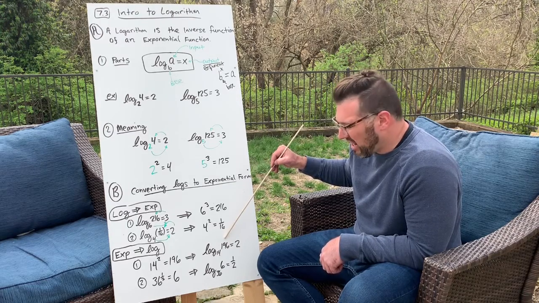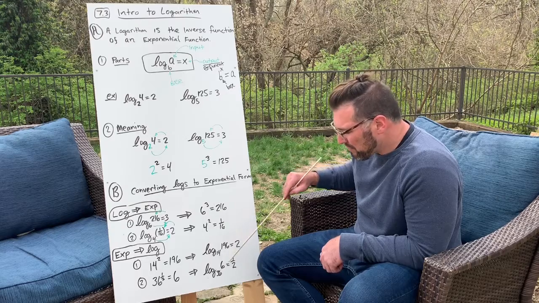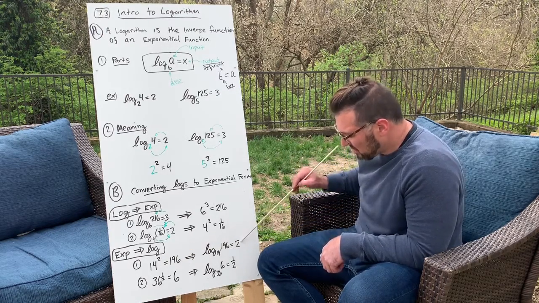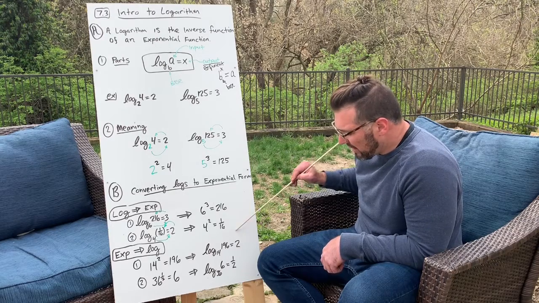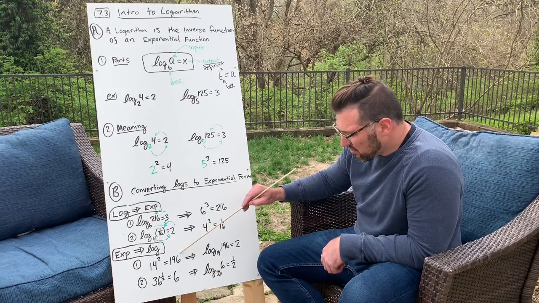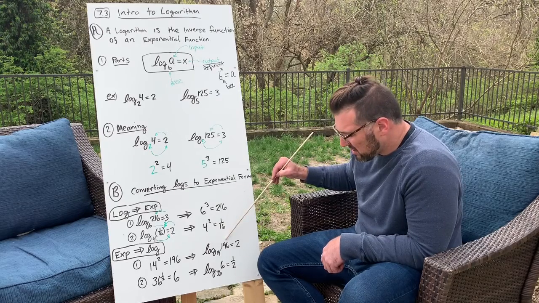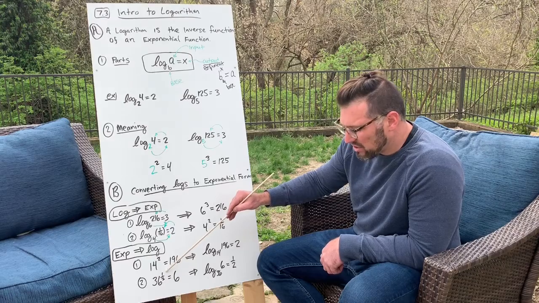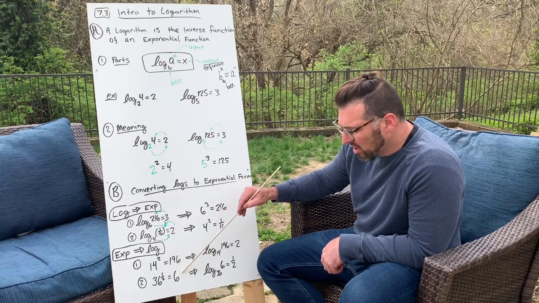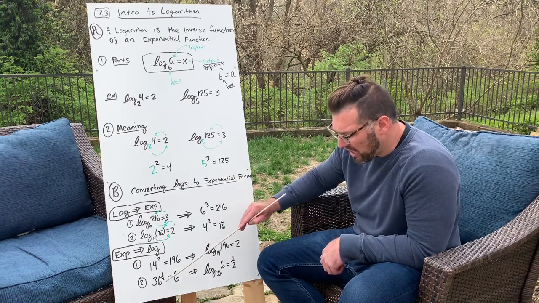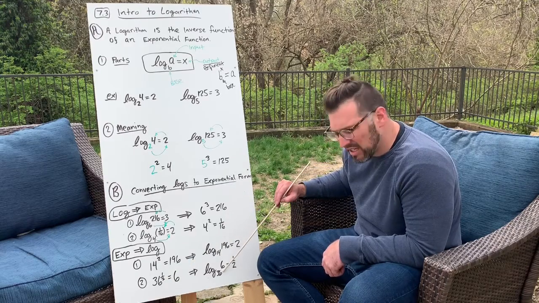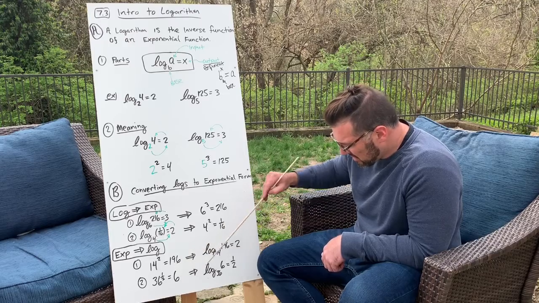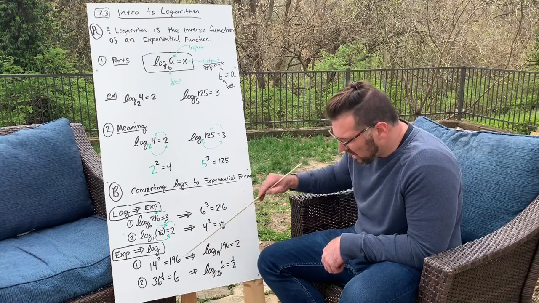Practice makes perfect. You're just going to have to practice these. It might be confusing, but start with the same base, log base 14. The exponent's 2, so that log equals 2. And the input is whatever this equals, 196. Just like this one, base is 36, raised to the 1/2 power equals 6. Well, I can convert it to log form by using the same base, log base 36 of 6 equals the exponent,